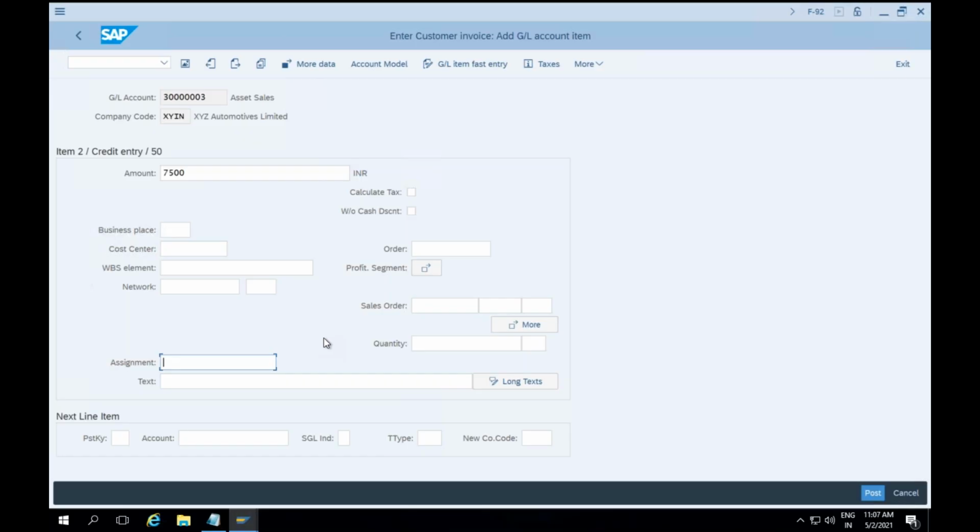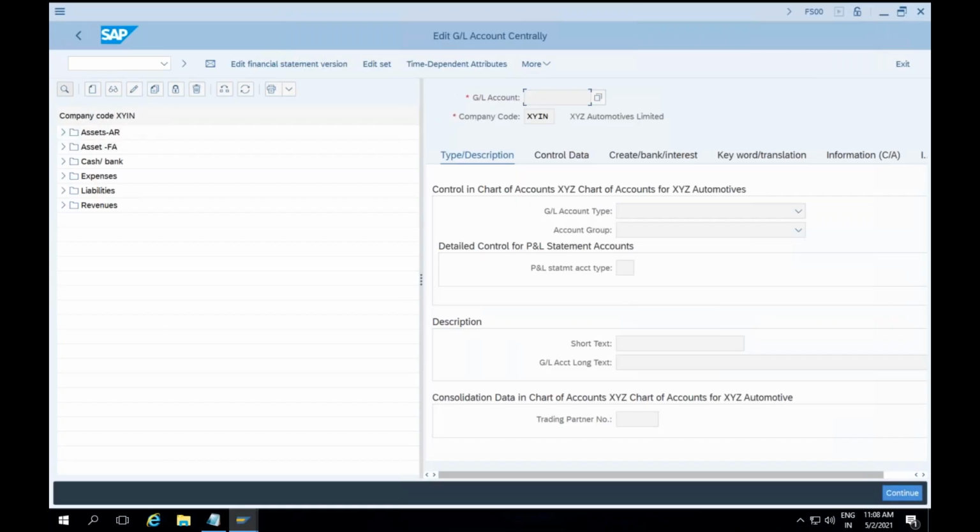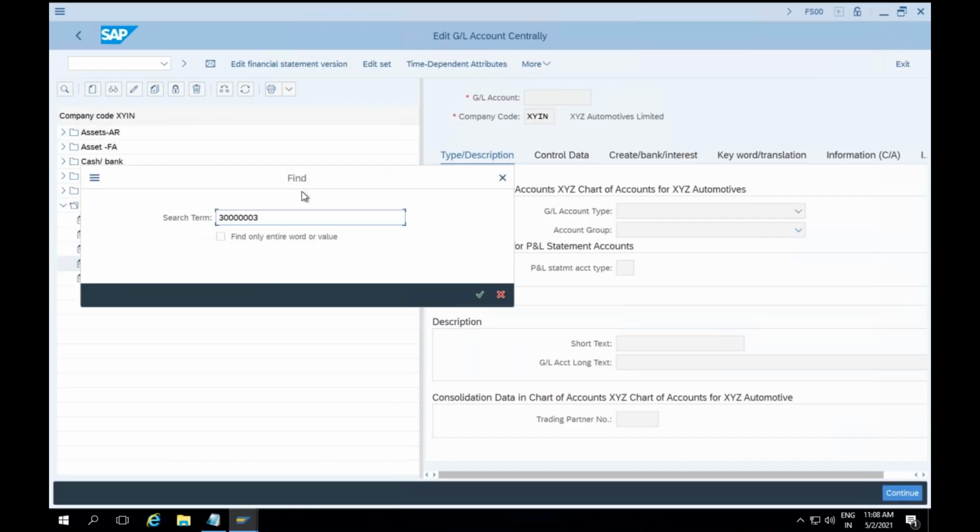We are posting, right? We are posting in this GL. System has identified this GL. In this GL, whatever I'll enter, it will go to this GL, right? So for this GL account, I need to perform some field status changes. Where will I do it? In GL account group. Right. So you can double click on the GL account. If it goes from here, it is not going. So let me take this, go to transaction FS00. Okay, select for this GL,